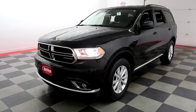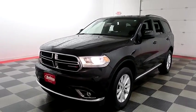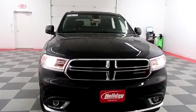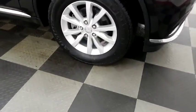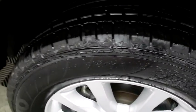Today we're going to take a look at a 2015 Dodge Durango. Stock number is A7773. Starting right away up front, you have factory fog lamps and a nice chrome grille. A look down the passenger side, you have alloy wheels. Looking at the tread on the tires,